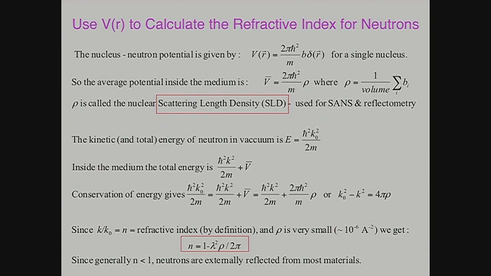So how are you defining small b? Is it the minimum energy of the neutron? So small b is the scattering length, but you're right, because rho goes into here as an average potential energy inside the material. So I could talk about this in terms of a potential energy, which essentially